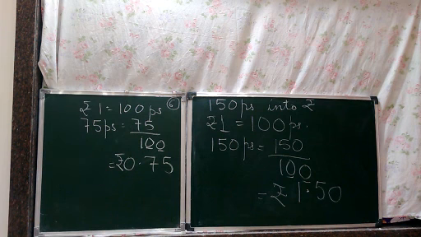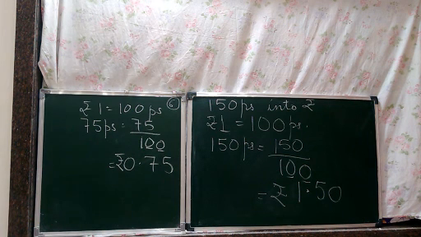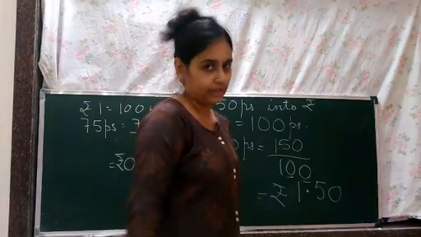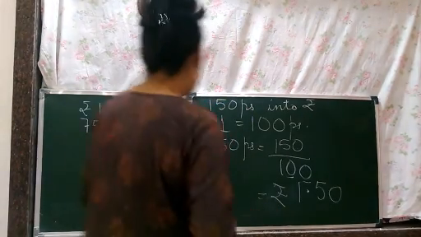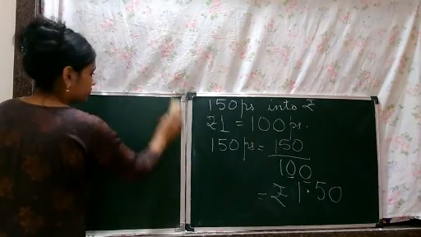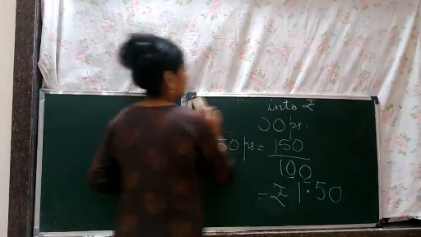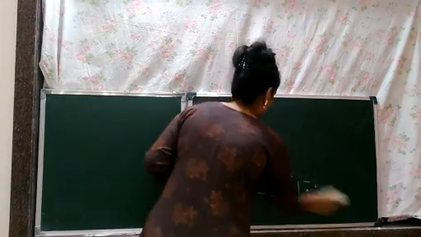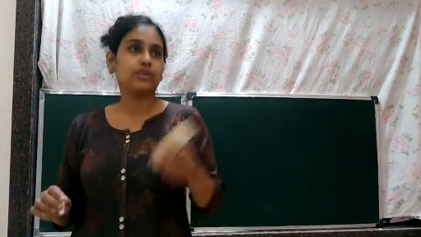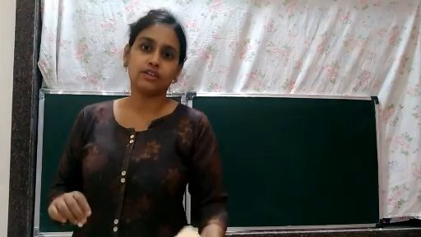decimal system. Okay, so depending upon this, children, we have some try these. We are going to discuss those try these now. So this is just one usage of decimal. There are many more uses which we are going to continue, and we are going to go ahead with it.